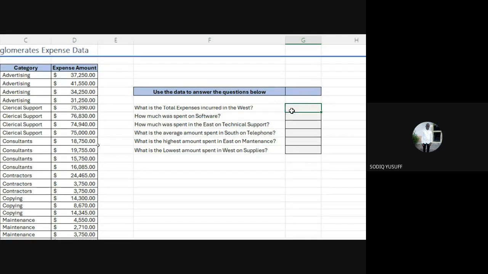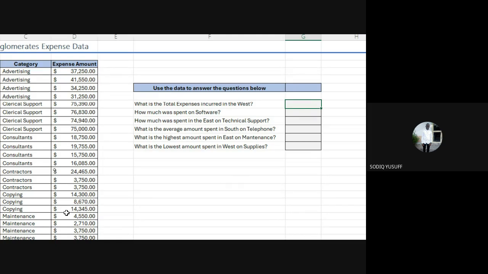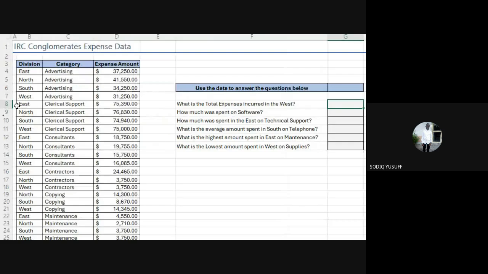So now here, what we did earlier on was we get the total expenses. But in this case, there's a caveat to it. We want the total expenses, but it must be from the West, which simply means when you look at our data, we have expenses across different divisions.